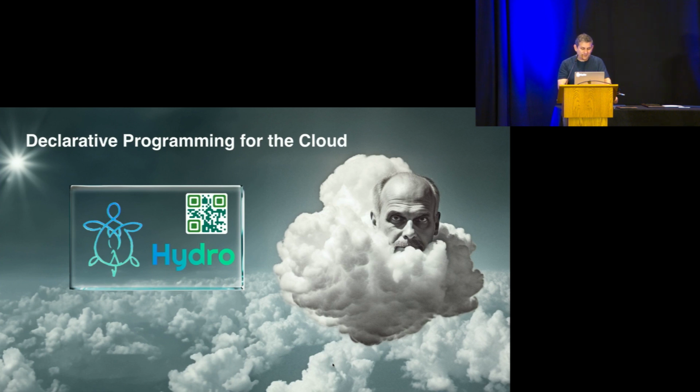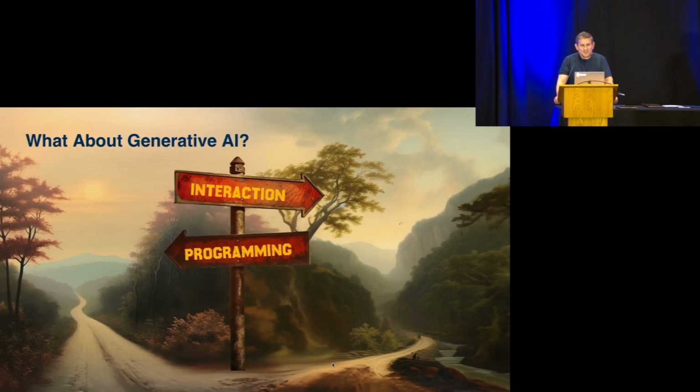Great folks. It's hard, especially with my slides, not to talk about generative AI in 2023, and I want to talk about it in two terms. I think it's easy to get concerned that this stuff is going to displace all of us and Ted Codd, right? Maybe it's just the AI that's going to do all this mapping from a high-level specification to implementation. So I want to talk about this in two frames.